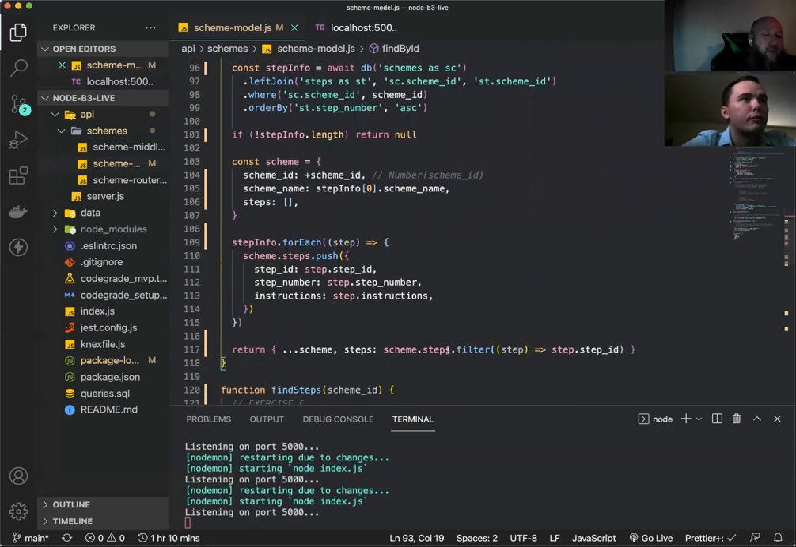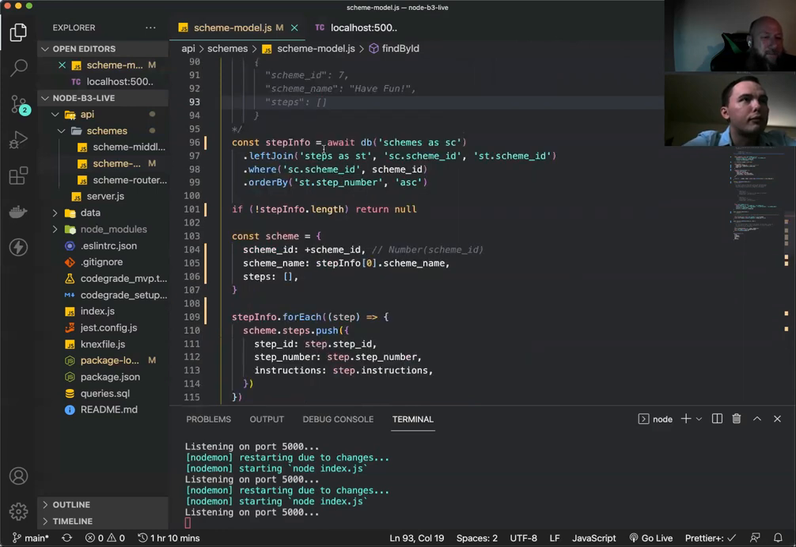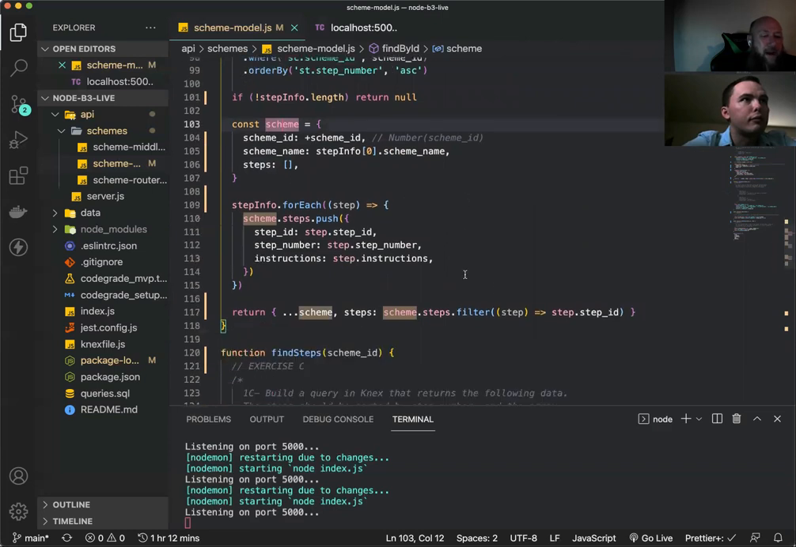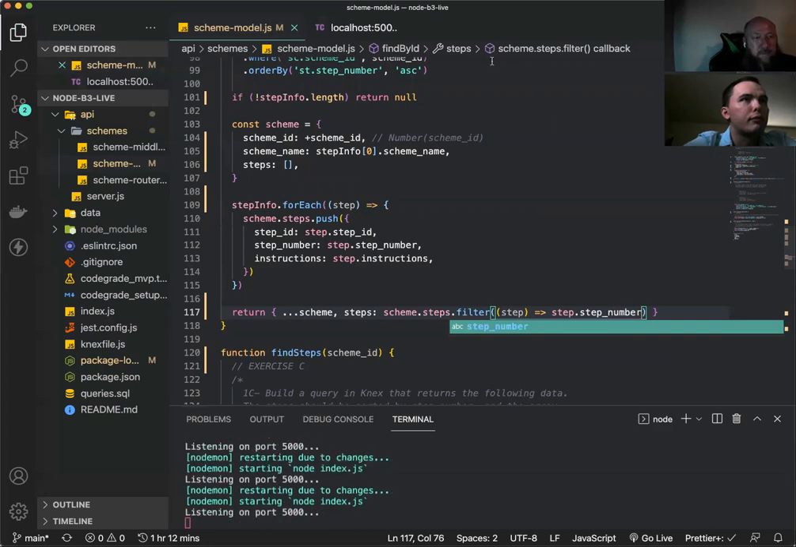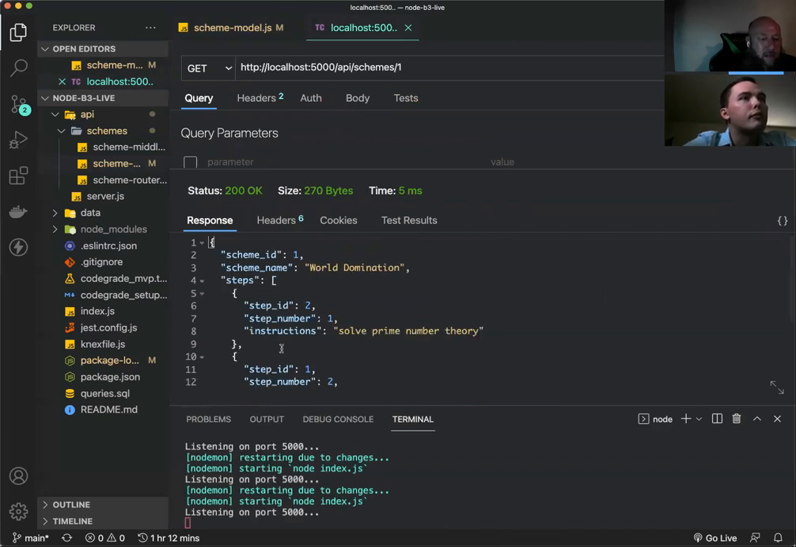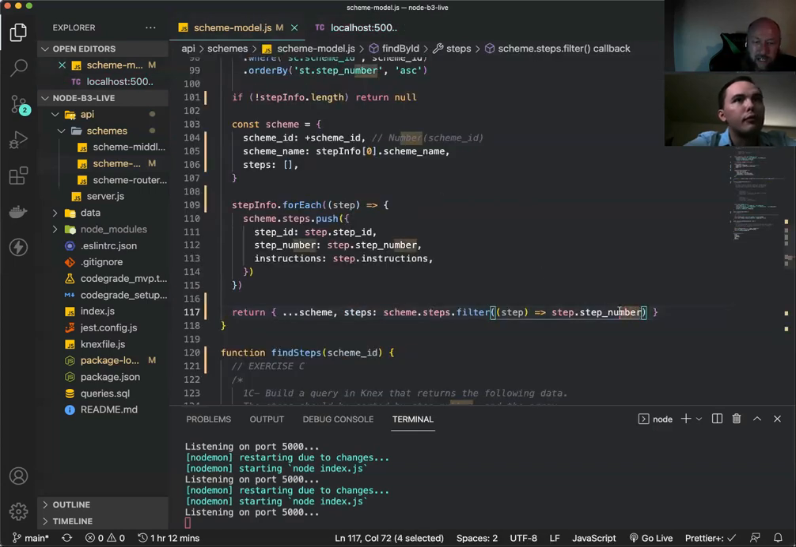So what we want to do is we want to filter scheme.steps where there is a step ID. Now, there's 3 things in here, right? We could say, well, step ID has a step number. And let's do number 1. We got the exact same thing. Or we could say where there is an instruction,